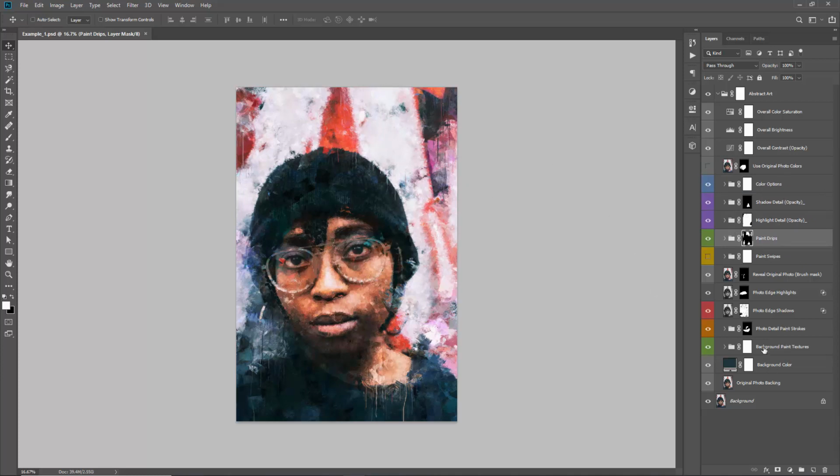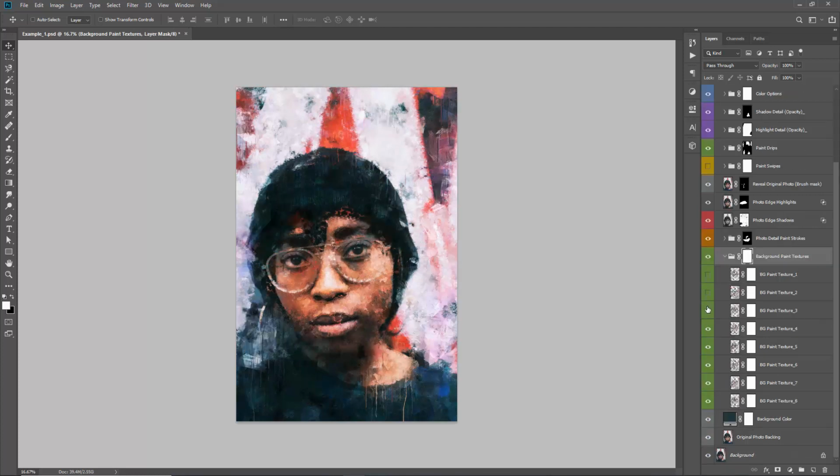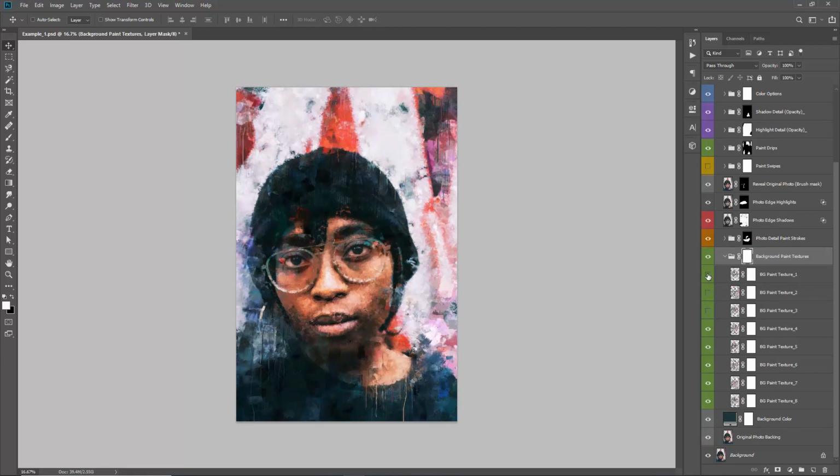Next, what I might do is jump back down to the background paint textures folder, and I'll go inside here. I might just preview the design again, turning some of these on and off and seeing if there's a different direction that I prefer. So I don't mind this look here. Obviously I might want to hide this area around here. I might preview it with,